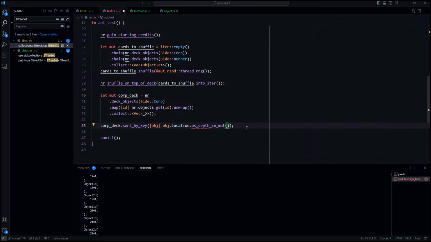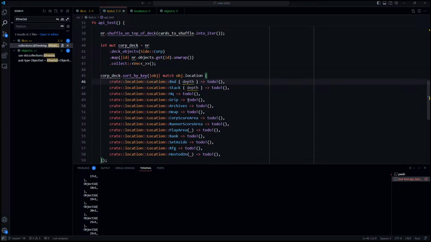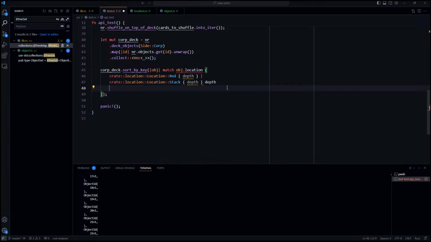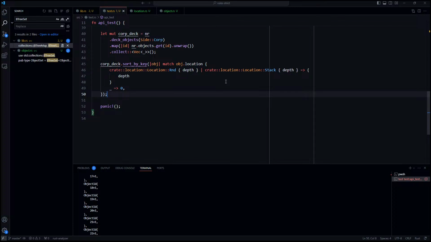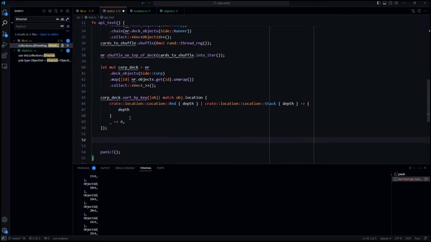Yeah, okay. We want to just do object.location. We'll write it manually here. Match object location to depth. If it's not in the corp deck, just give it depth 0, and let the shuffler, let Rust stable sort